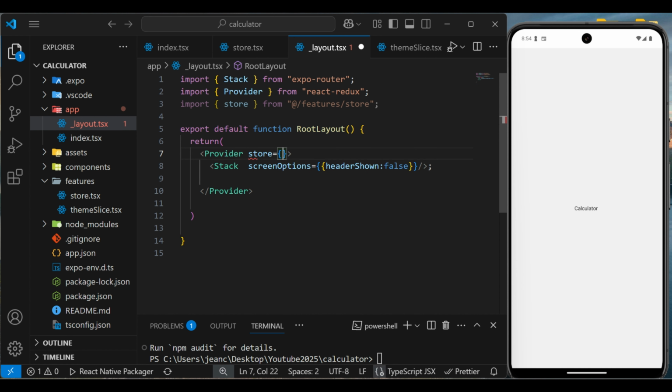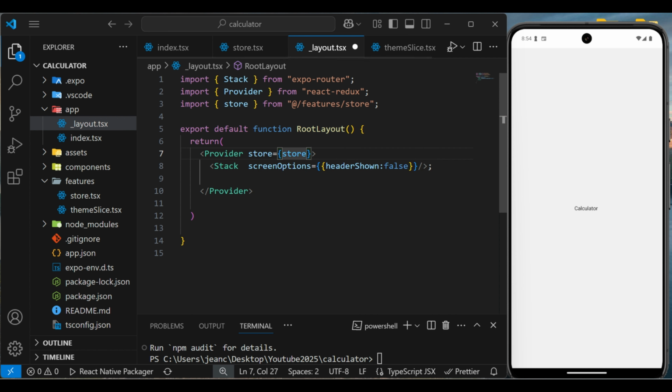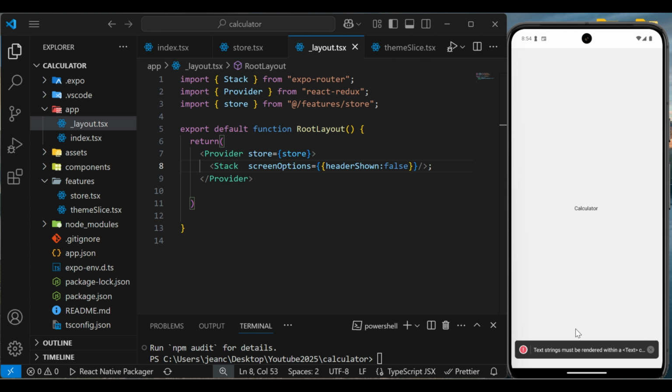We'll have a store here, and then we add the store we have just created. Now we are ready to go. I've saved everything, and let us see because our app keeps refreshing. Okay, good. Now we're ready to go. Now you can see there's not an error, and